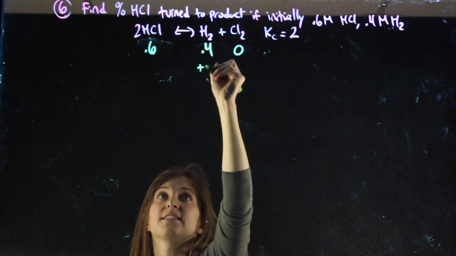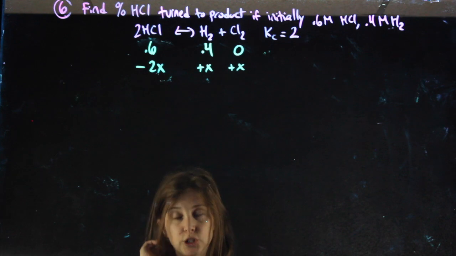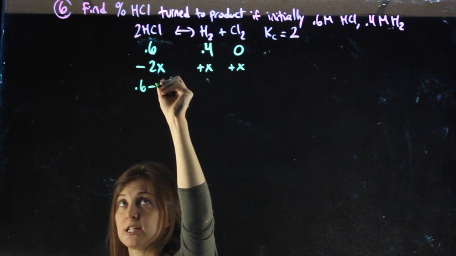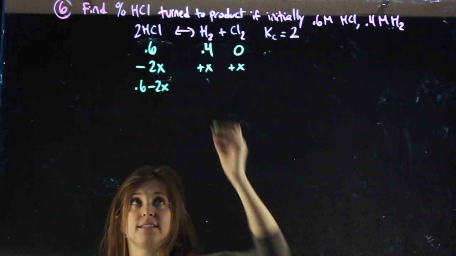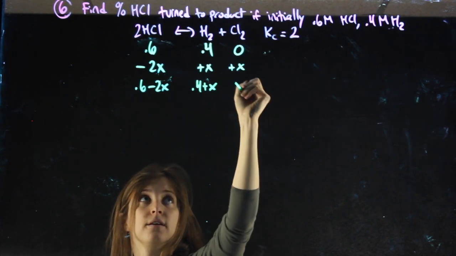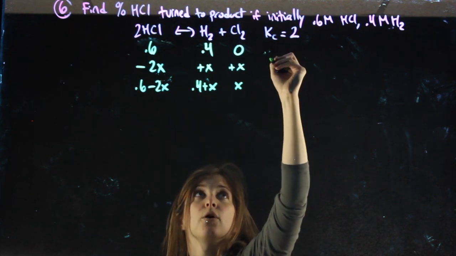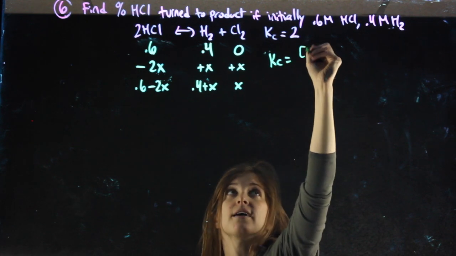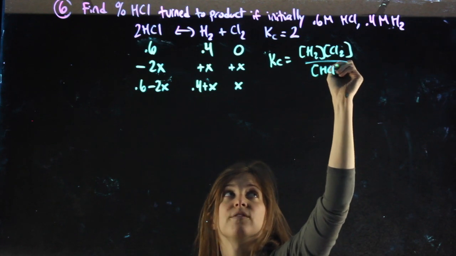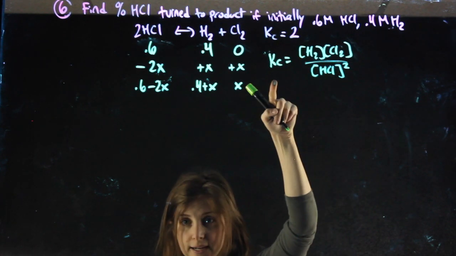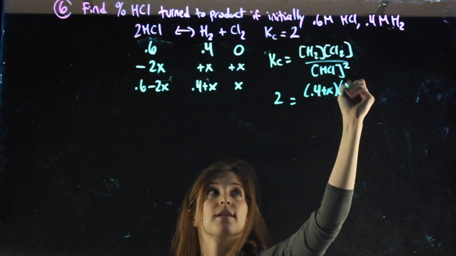I'm still going to make the side that has a 0 on it plus x, and the other side minus. It's 2x because of the coefficient. Writing expressions here since I don't have any values for equilibrium, so I can't just find the x easily. Those are my equilibrium values that I now can plug into my Kc. So Kc would be products